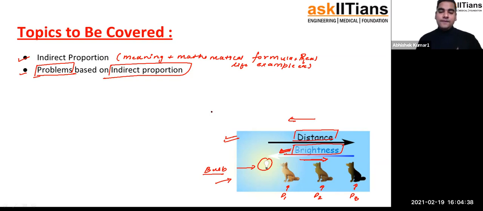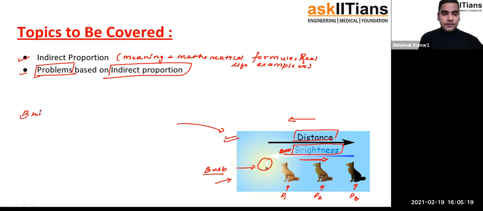So can we say that in this example, the distance between the bulb and the dog and the brightness are inversely proportional to each other or not? Why I'm saying this? I'm saying this because when we are increasing distance, brightness is decreasing. And when we are decreasing distance, brightness is increasing. Right or not? Means when you are increasing one value, the other one is decreasing. And when you are decreasing one value, the other one is increasing. So there is inverse variation which is taking place here. Correct or not? So in this example, we can say that